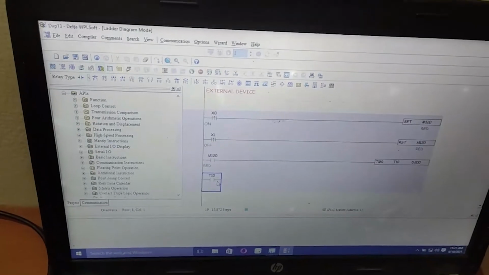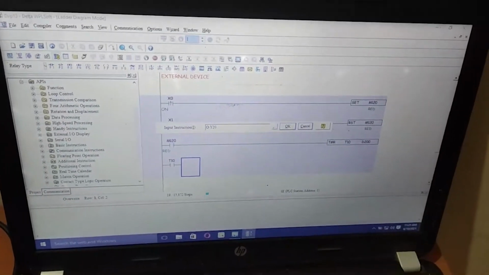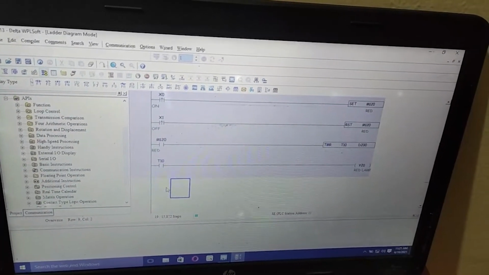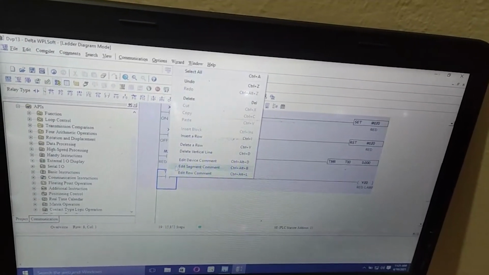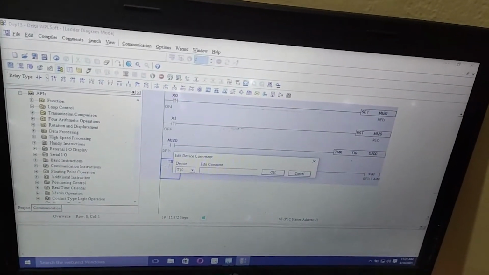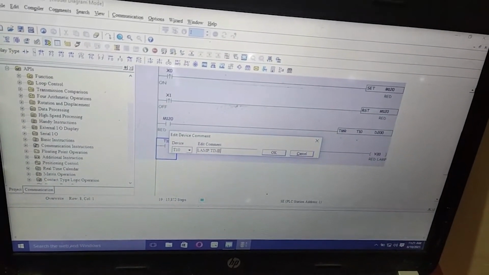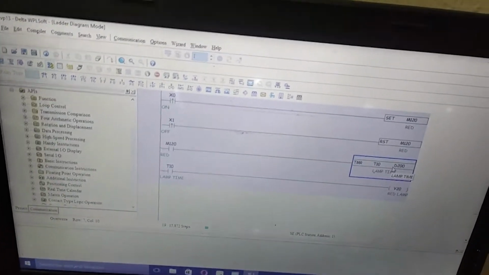The Y0 output will be on. So I am using a Y20. Why I am putting 20 is that it's not an external output, it's an extension module. So only the name is written as a RAM timer, so we can change the time whenever we want through the HMI easily.